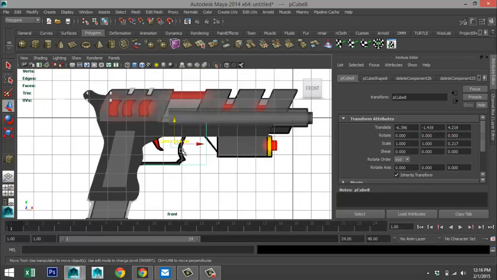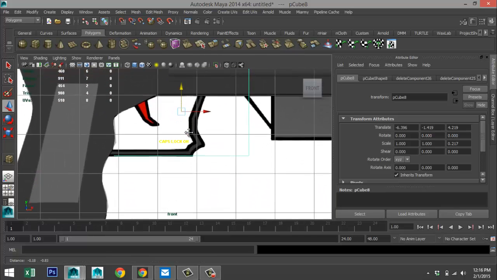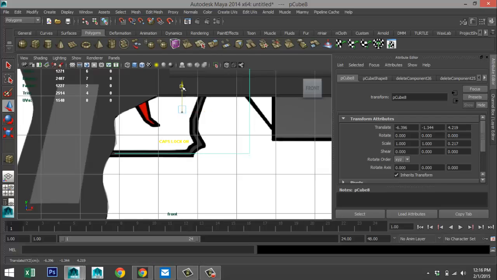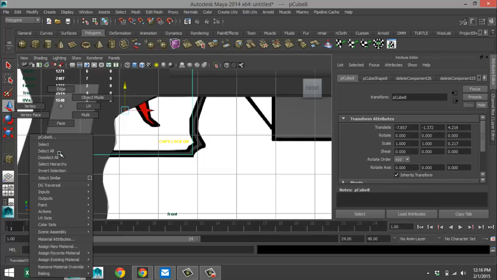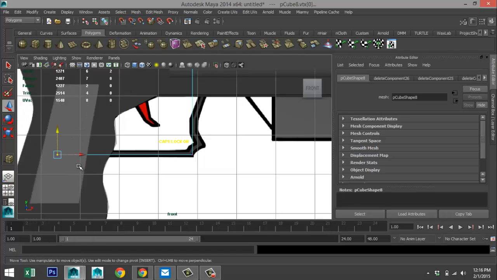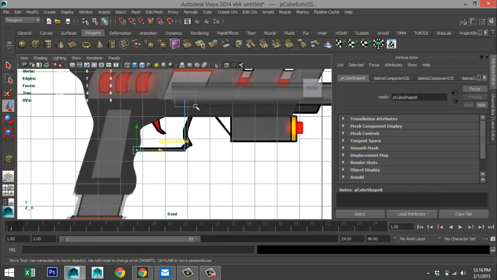F to zoom in. It's a bit hard to see, but I'll just bring that angle in so we can see it a bit better. Right click vertex, drag select that end one, bring that over there, drag select that one, and we'll bring that one over there.